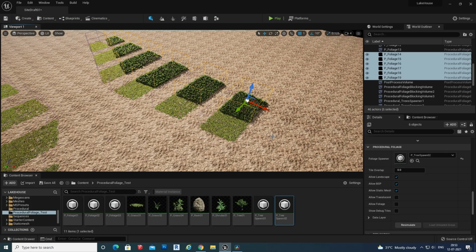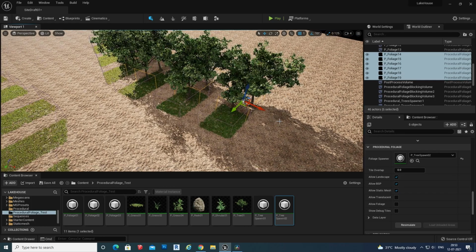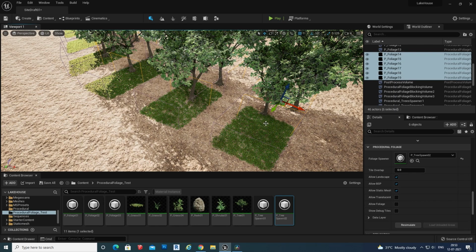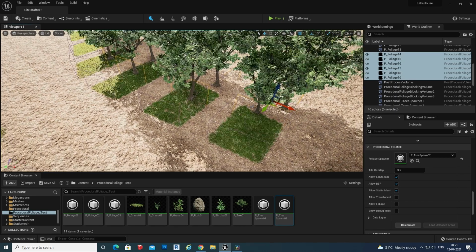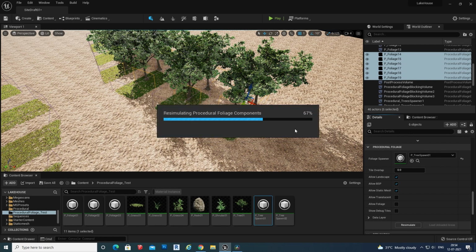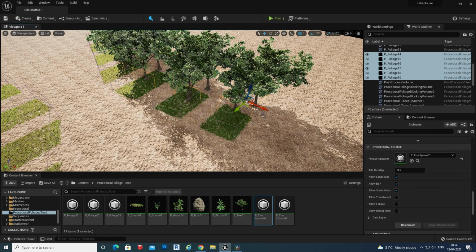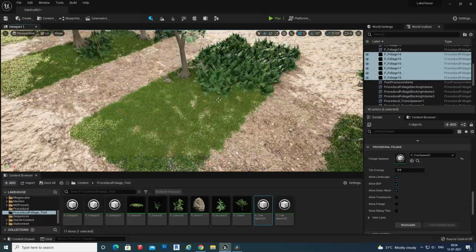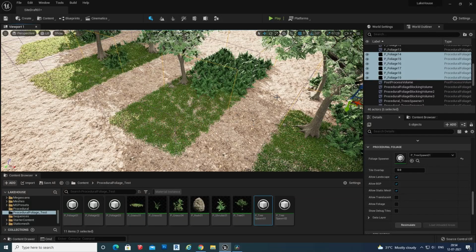Now I'm going to swap this grass patch into a tree. So you have a very defined space where you can spawn your trees. I'm going to add some shrubs. So I'm doing it, resimulating it. So I'm having some, yeah, it's done. I'm having some shrubs along with trees. Like the way this volume can help you to define the space. It is very flexible for your ArcVis projects.